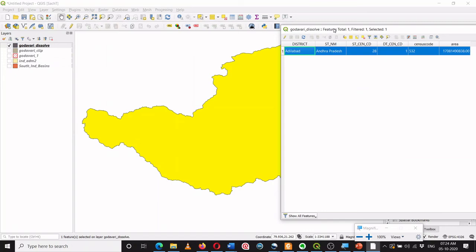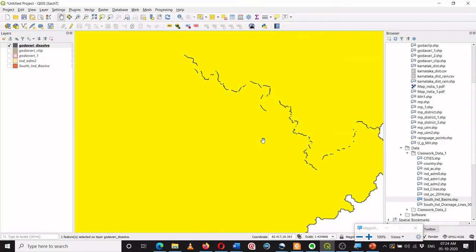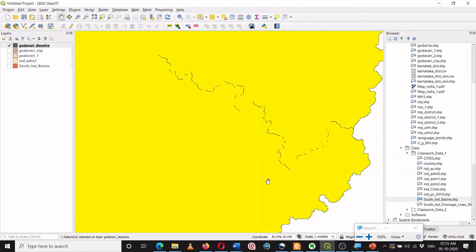When you dissolve this, often you find such errors over here. For example, the layer got dissolved but I still see something inside. This happens because the boundaries of the inner polygons were not matching, or there is some error in the overlapping of the boundaries. We will see why this happens and how to get rid of it when we learn how to edit these polygons when we edit the vector file. So for the time being just neglect it.